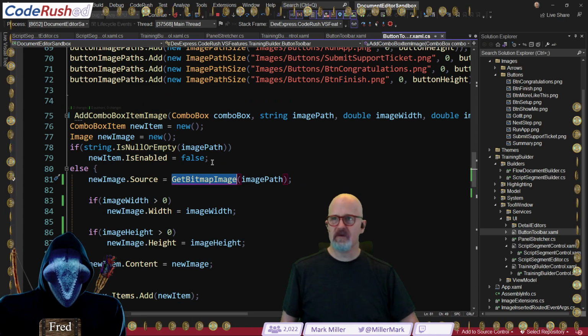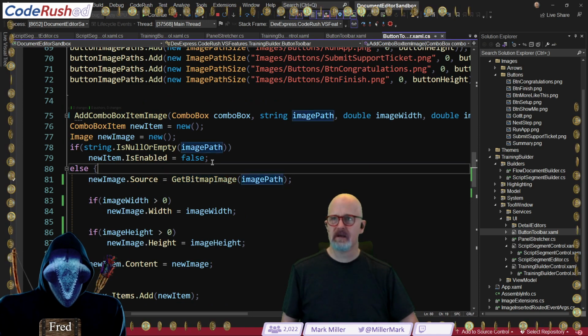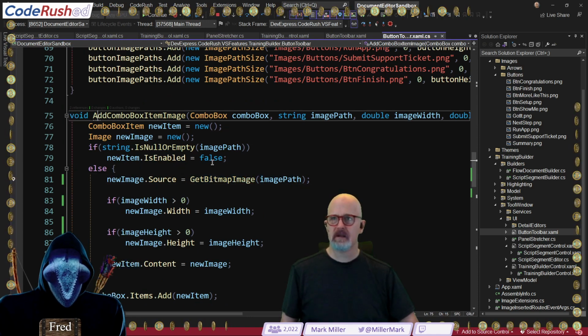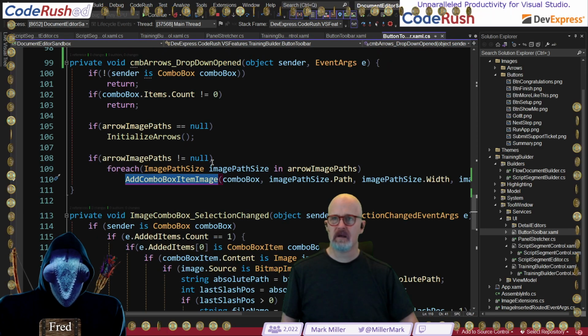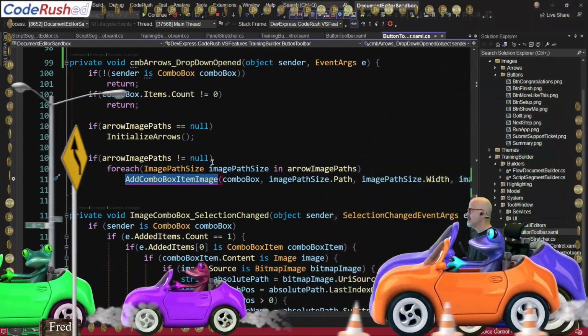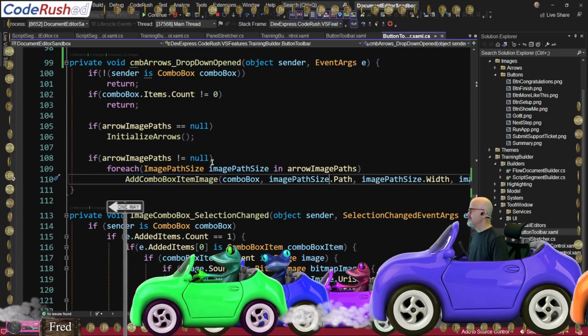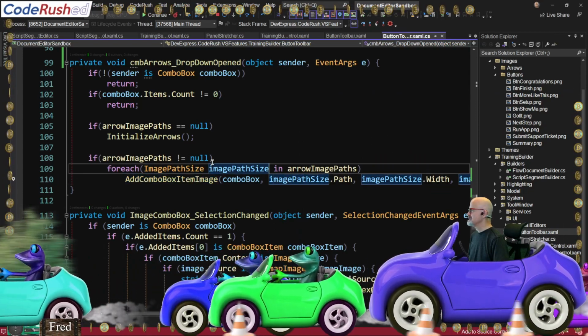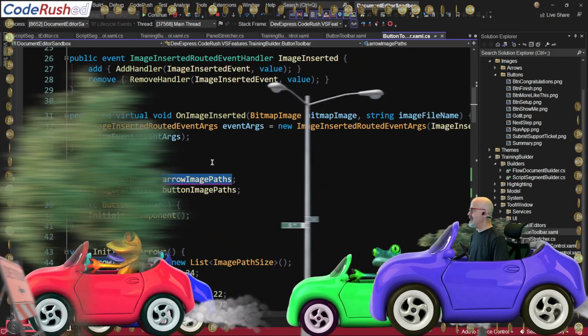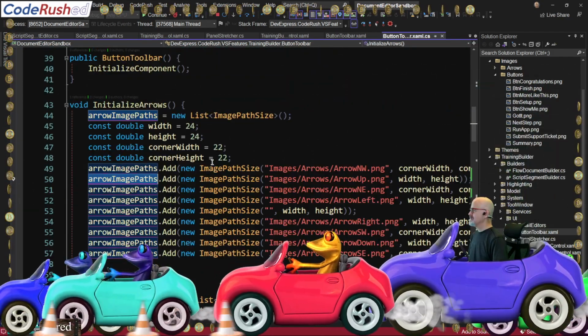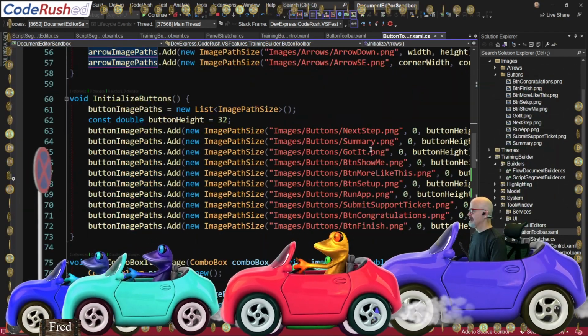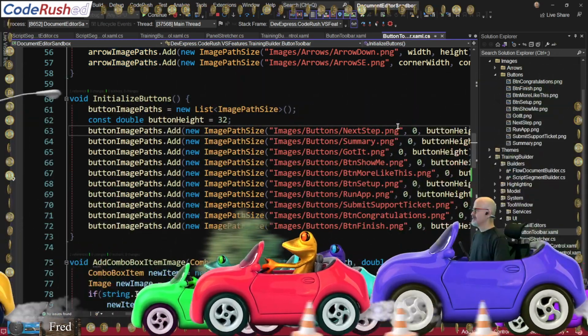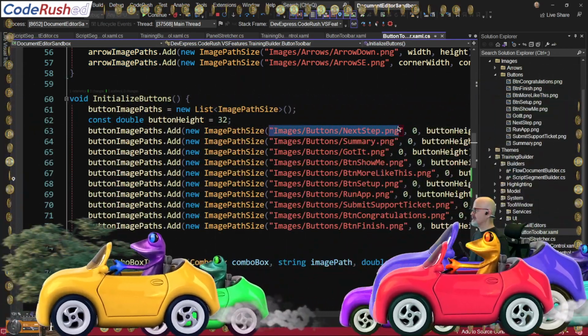I think it's missing a full path, is what I think. There was a method to get full path of somewhere. It's the full path on image size. Arrow image paths. Oh, yeah. It's going to look like that.